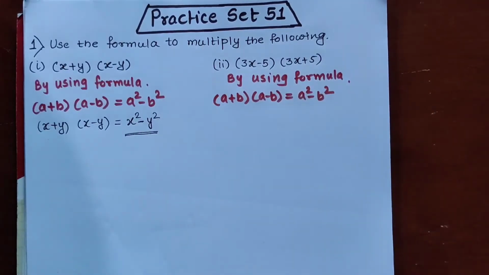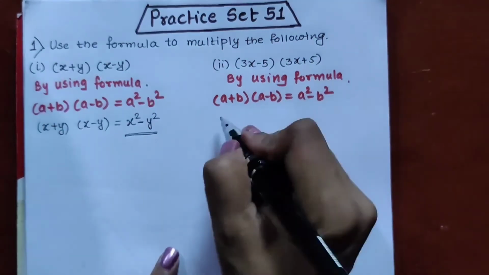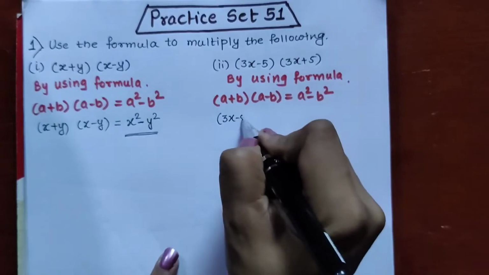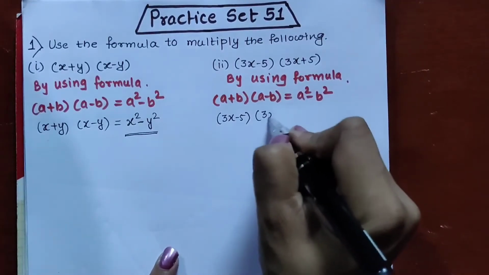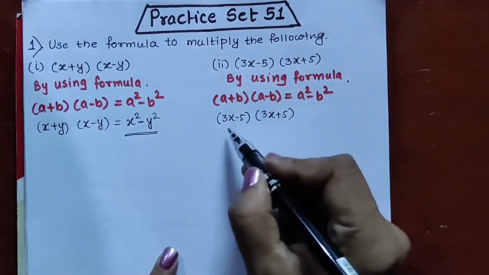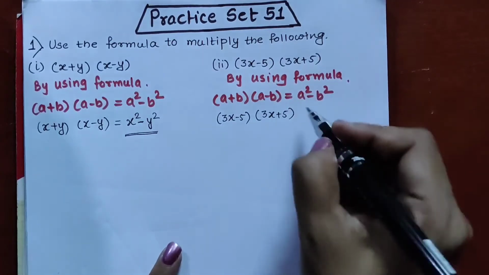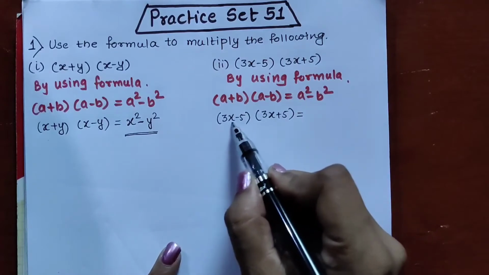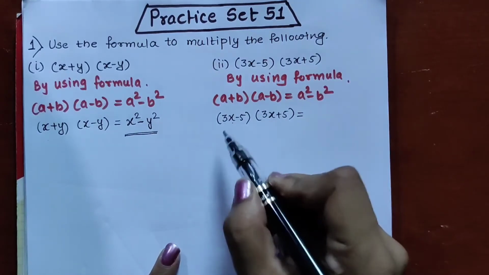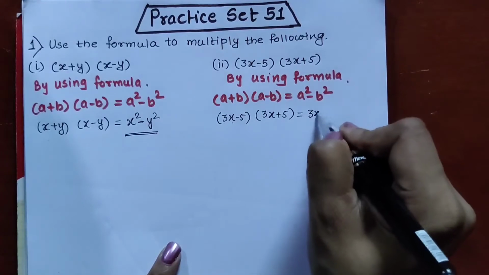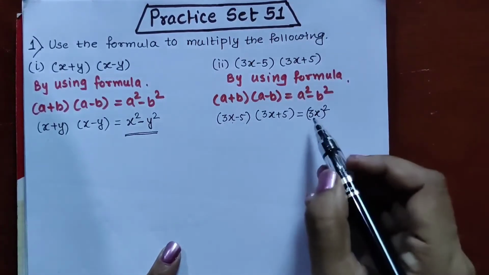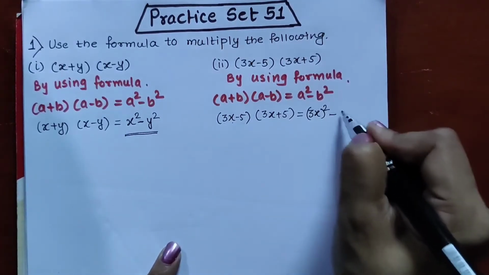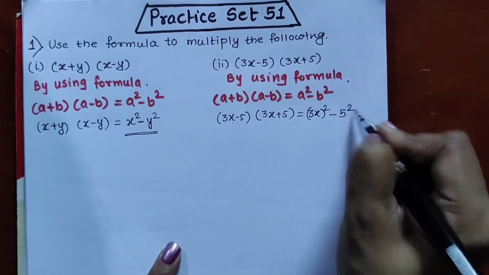Again the same formula we have to write. So the plus sign can be in one bracket and the minus sign can be in the other bracket. So it will be 3x minus 5 and 3x plus 5. So 3x is our first term and 5 is our second term. So first term square minus second term square. Now the first term is 3x, that means coefficient and variable both are there. So we will put this 3x in bracket and then we will write the square. So (3x) square, first term square, minus second term, only 5 is there. So we write 5 square.